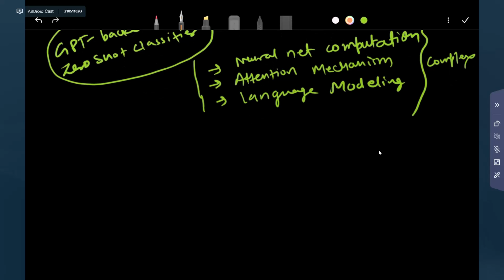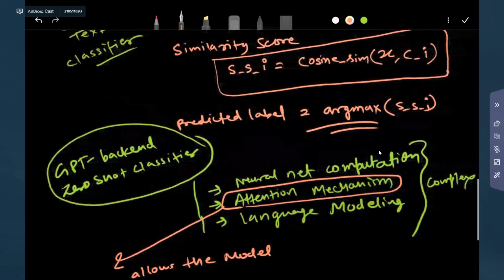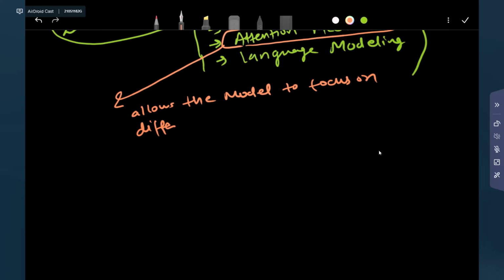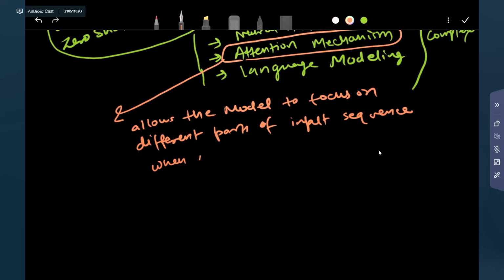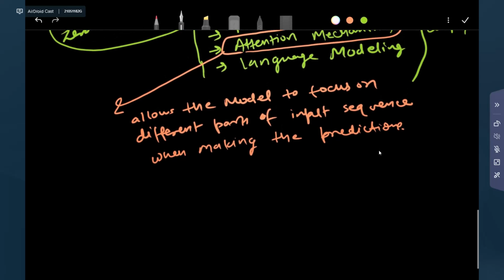Now very quickly, if I just have to cover attention mechanism at a very high level, how should I explain it? It allows the model, whatever model we are using, the transformer model, to focus on different parts of the input sequence when making the prediction. Okay, when we're talking about attention mechanism, it calculates something called attention weights,